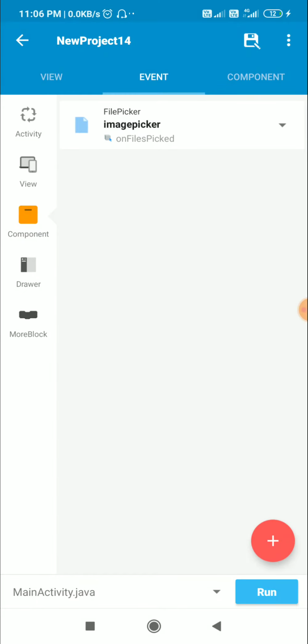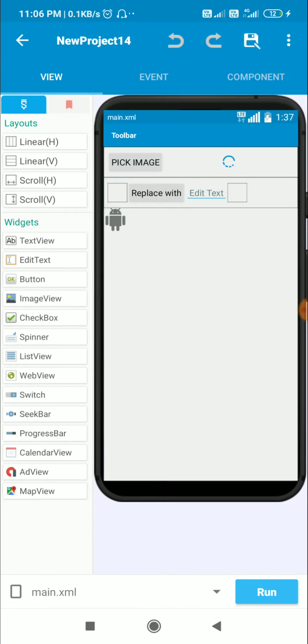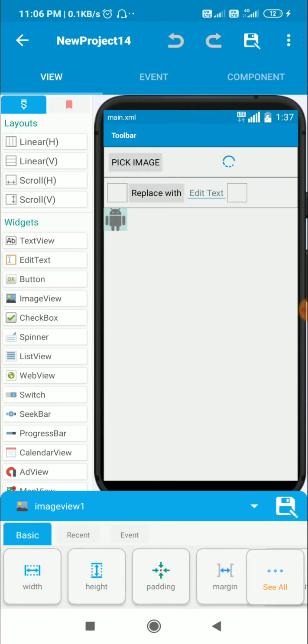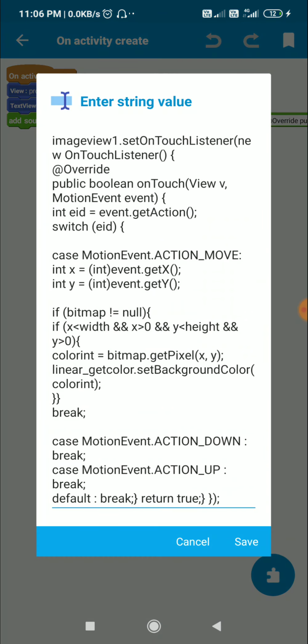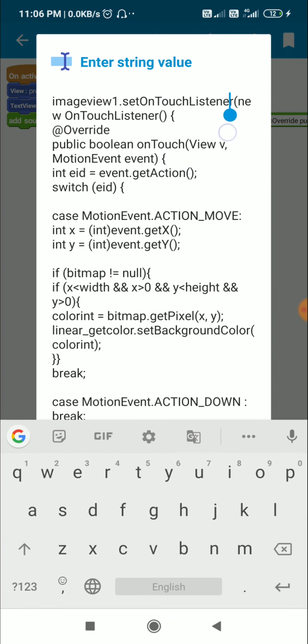Now once the user has picked the image, he will click on it or touch it and select the color. So for that I have this on touch listener for image view. Image view 1.setOnTouchListener, new OnTouchListener, and it has this method onTouch with variables View v and MotionEvent event.